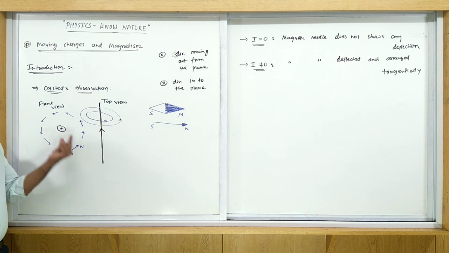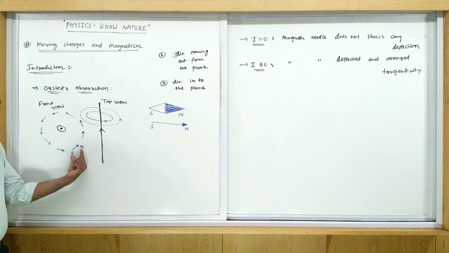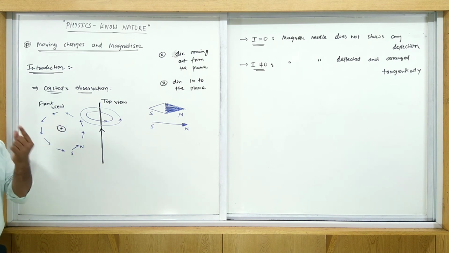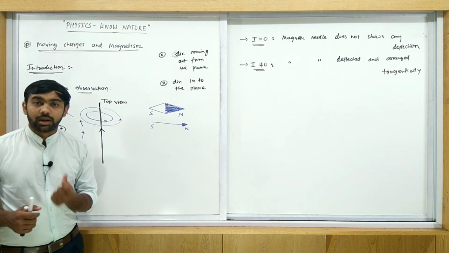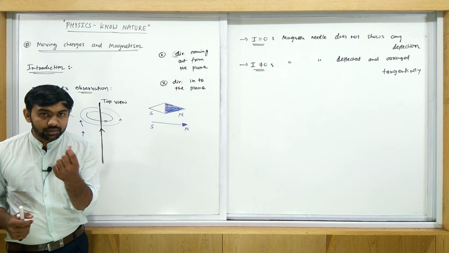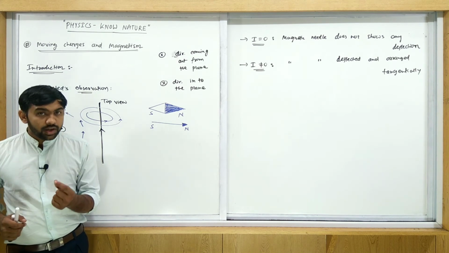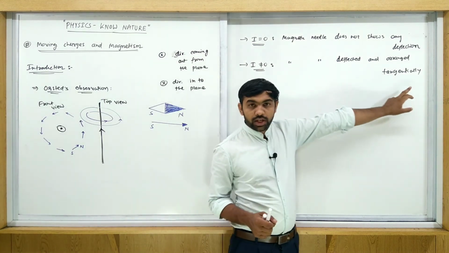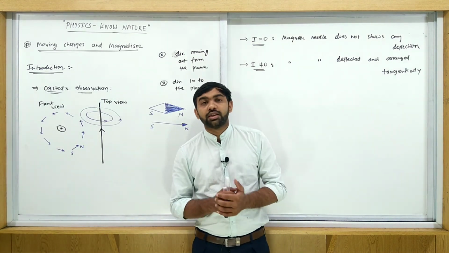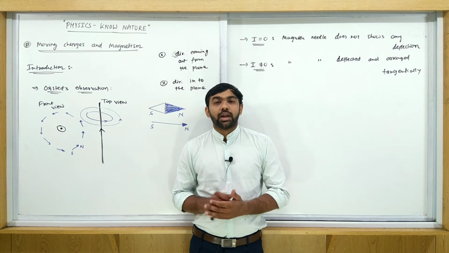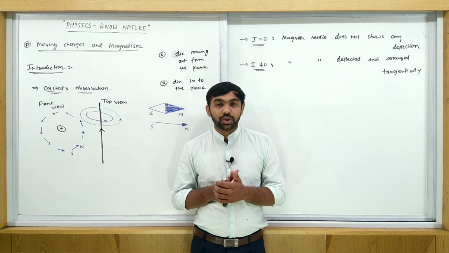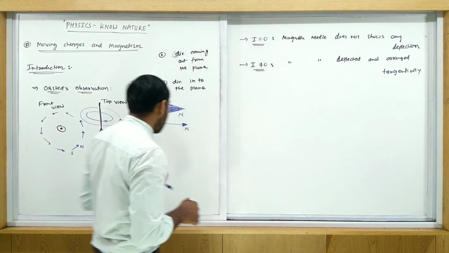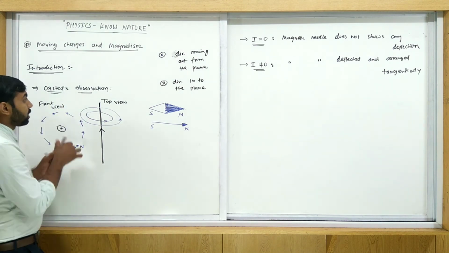But when the needle is placed very near to this wire, at a very small distance from the wire, the needle shows the proper deflection in the tangential direction. In which direction? Tangential. And we consider the Earth's magnetic field to be neglected at that time if the needle is very near to the wire. Okay, so when current flows, what is the observation?